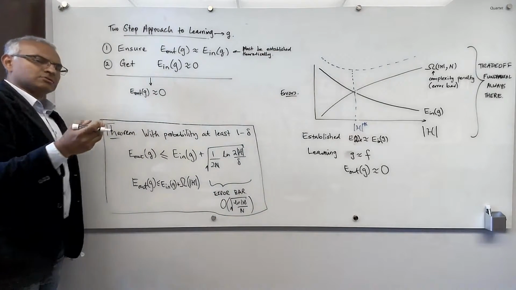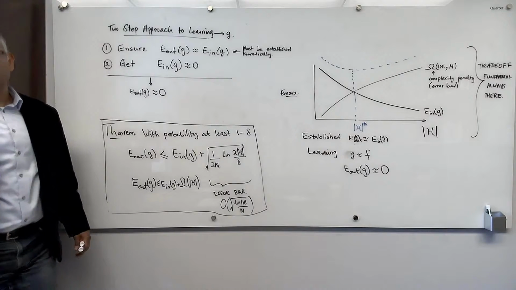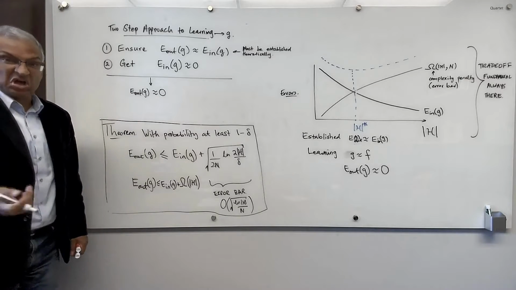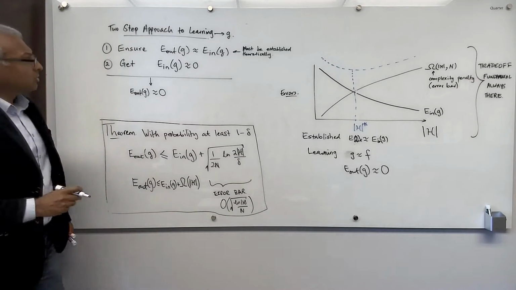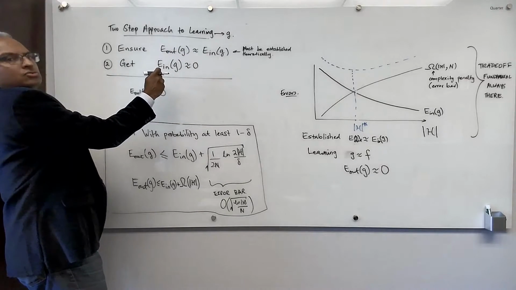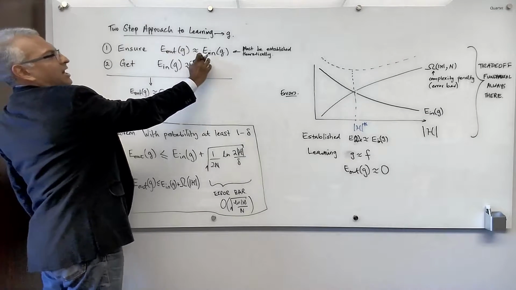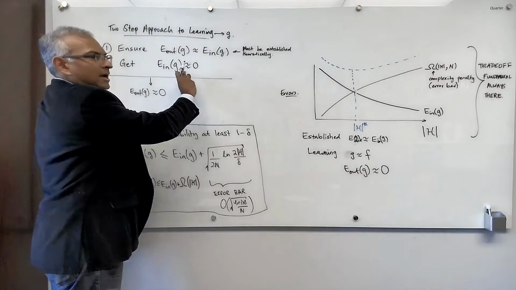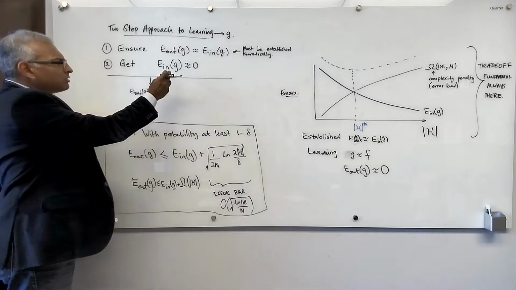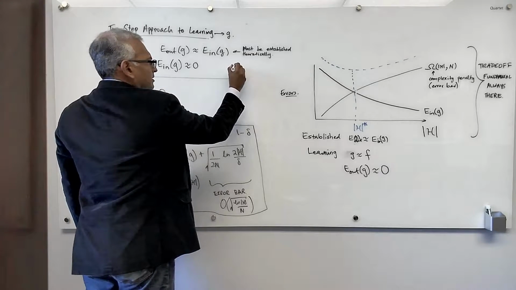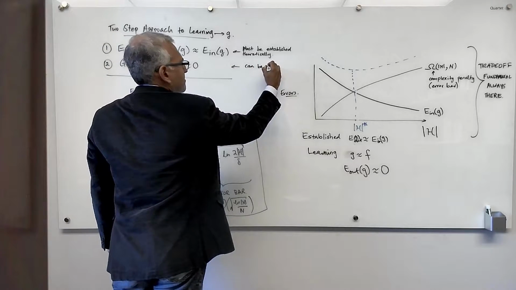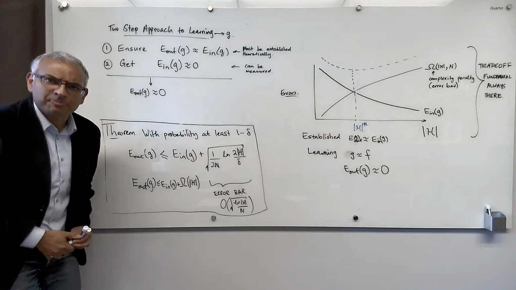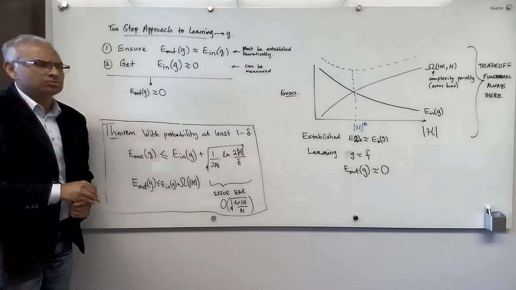Now, it turns out that later on we'll discuss a type of learning called nearest neighbor learning, where indeed you can go and analyze this guy directly, but generally you cannot. You cannot make any claims about this guy. And so we have to make this sort of indirect approach to learning where we get a hold of this guy and tie it to that guy theoretically. And then this guy we can measure. So we will know what this guy is, because it's in sample. We can just look at G and see how well it did in sample.